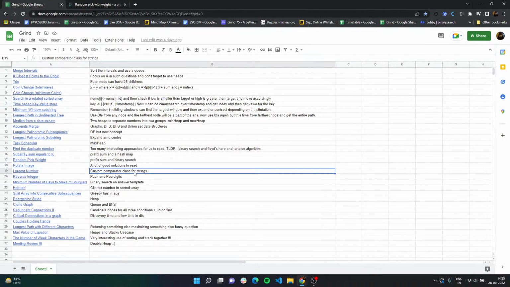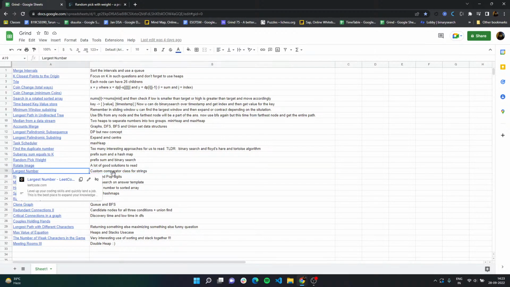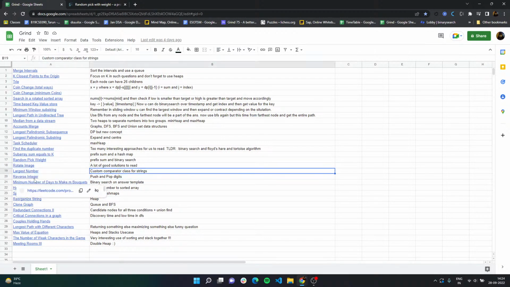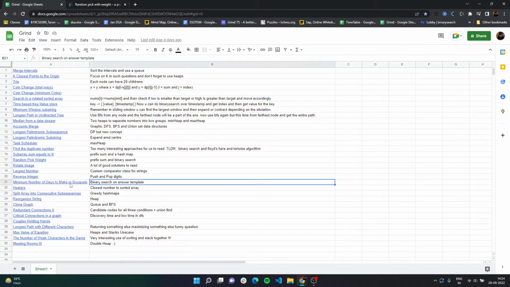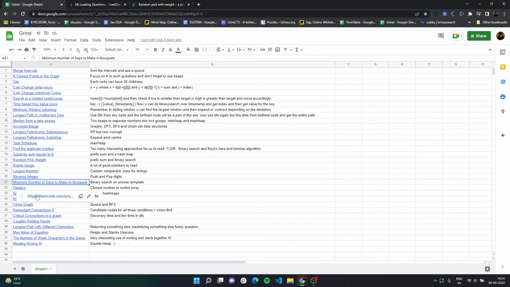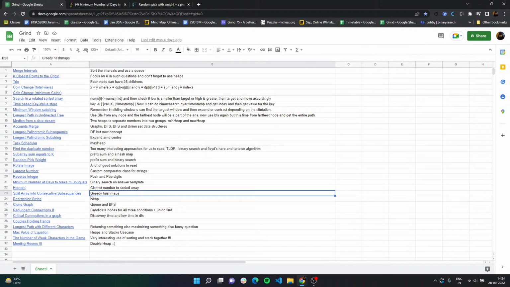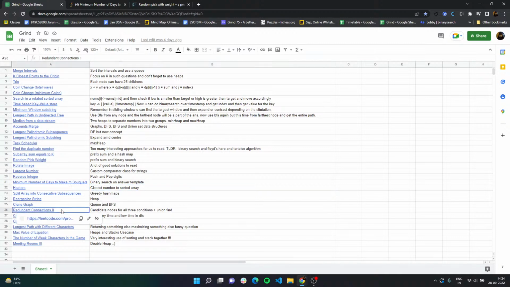Then this is a good solution to read. In largest number we used a custom comparator, that's why I wrote it. Then there is reverse integer, minimum number of days to make bouquets, I know this too, but it had a template. It has the binary search template, which is very interesting. Then there is another problem which is called closest number in sorted array. If you are given a sorted array, you have to find the number that is closest to, let's say 4. So how binary search is applied there. Besides that, you will see an interesting problem, redundant